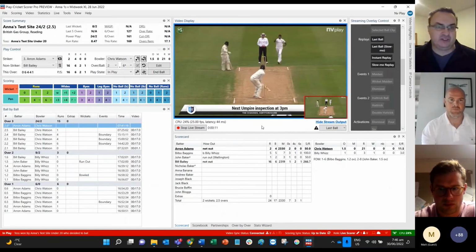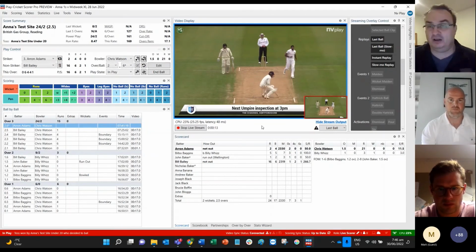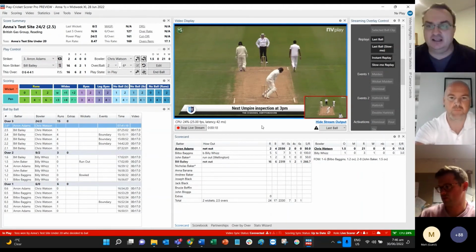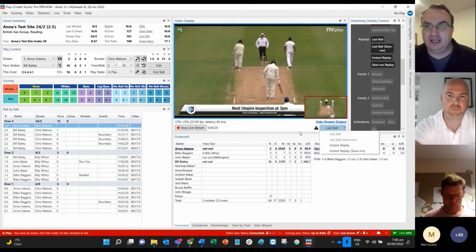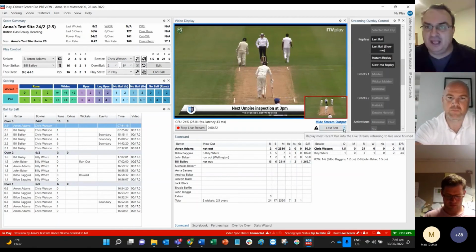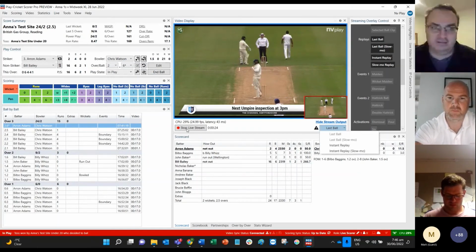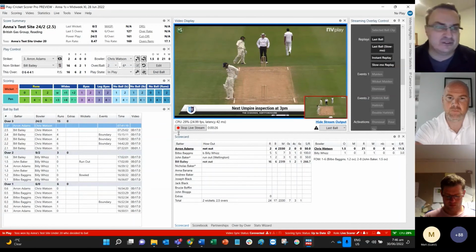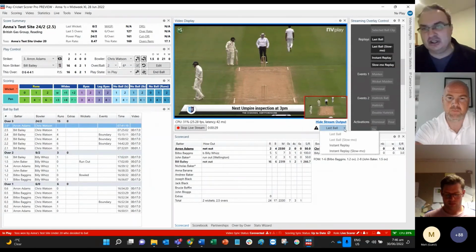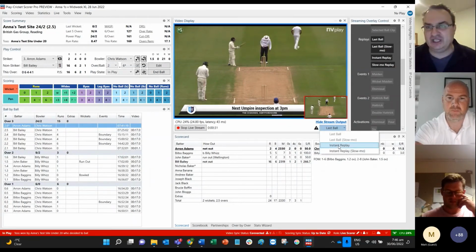Let's say, for example, there was something of interest. Let's say it was a wicket on the last ball of an over, and there's a bit of a delay with the new batter. Then you can actually play that last ball into the stream. I haven't actually captured one since restarting the stream, so that's why that's not working. So you can do that, and then you can also see down the bottom, you can also do an instant